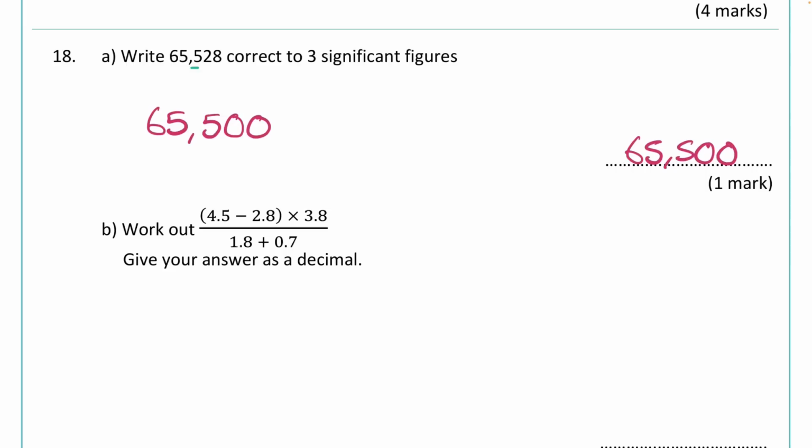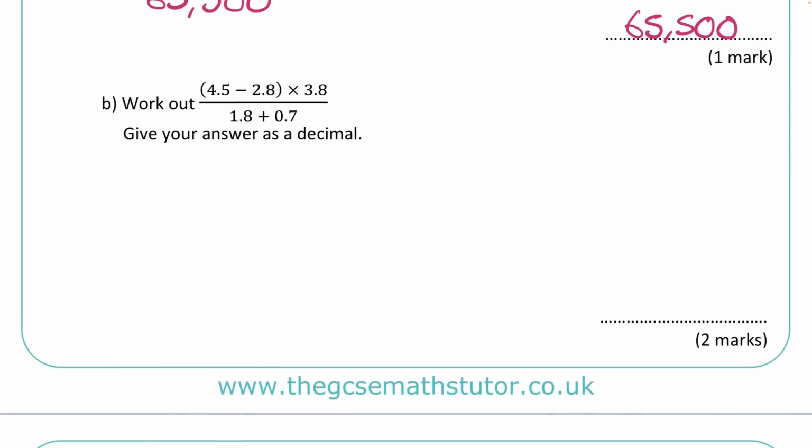65,500. Now the next question here does require you to use a calculator. Now it does say give your answer as a decimal, so that's fine, we can use the calculator for that. My only little tip here would be, it's quite difficult to show working out for this. So in terms of working out, if you've noticed that sometimes you type things into your calculator incorrectly, you can first of all type in what's on the bottom, so 1.8 plus 0.7, and we can write that as a bit of working out. So 2.5 on the bottom,